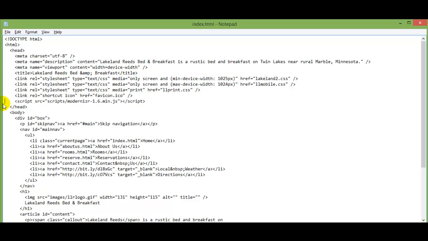Delete that extra line. I'm going to go ahead and save now just because of the amount of steps we're completing. Now let's take a look at our link element that references our llmobile.css here. And we are going to go ahead and change the value for the media attribute and then we're going to delete the link element that references